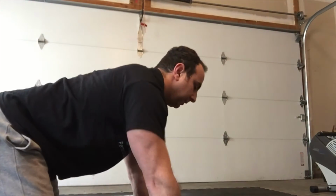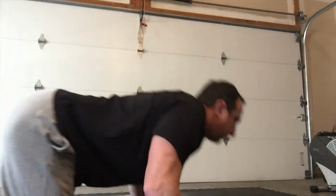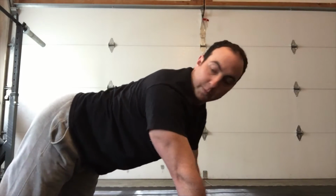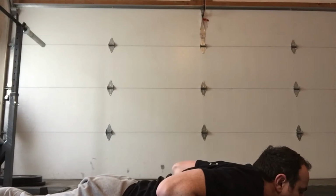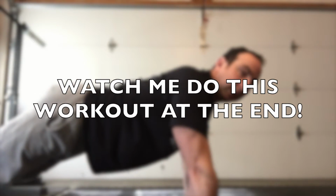Let's move the camera so you can see the movement a little bit better. I'm going down and I'm going. Okay, so the reason this is called the snake to the plank is very simple. What I'm gonna do is start in a prone position, okay? So I'm actually gonna lay down on the ground, and all I'm gonna do next, while I'm flat on the ground, is snake my upper body up, and then I'm going to push myself up to a plank,